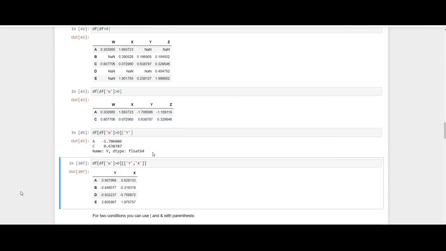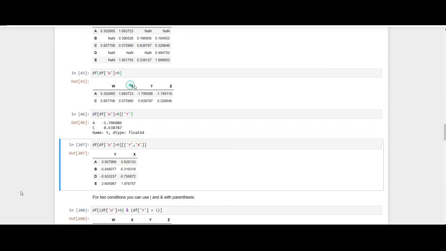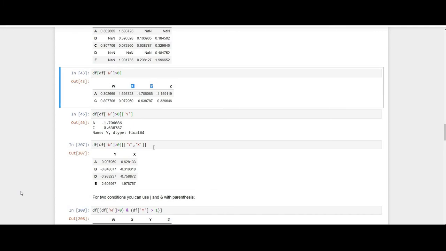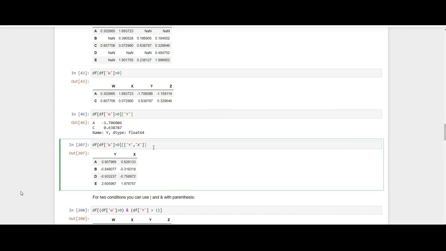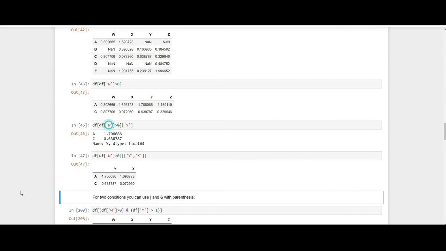It will return the values which are greater than 0 in column W. If you want to return this specific column Y, then specify that Y with df of W greater than 0. If you want to return two columns X and Y, then specify a list of X, Y with W greater than 0.